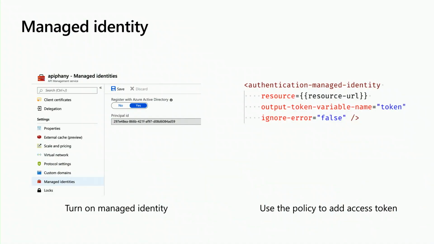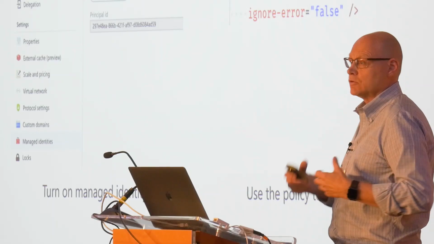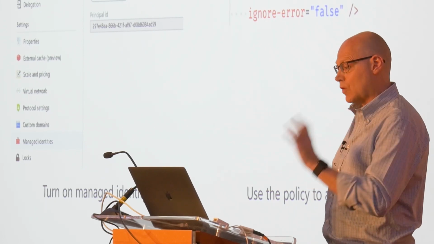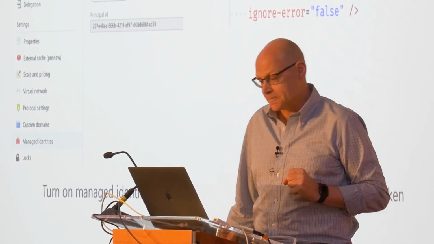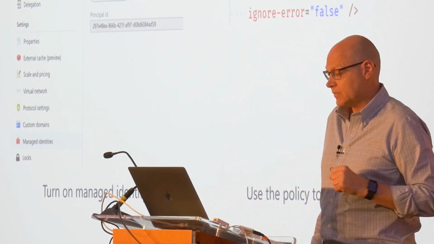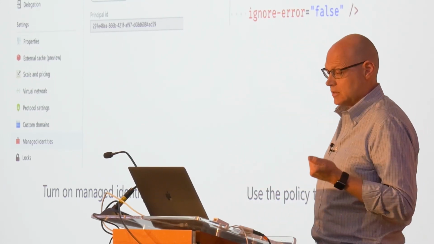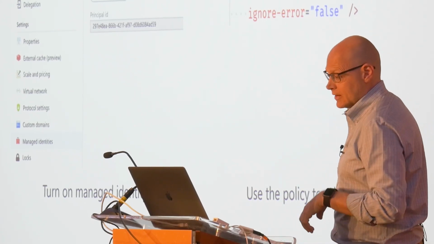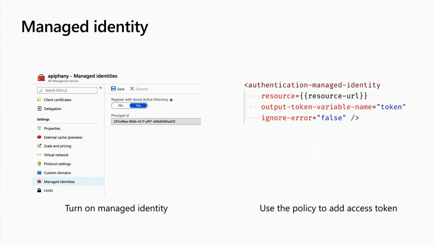There is a step of creating an app in the Azure AD tenant for that particular resource on the back end. But of course, it's not shown here. But if you do that, you can actually use that to authenticate requests from API Management to your backend. The only attribute that is mandatory is resource, which basically indicates the name of the resource. And then the other two